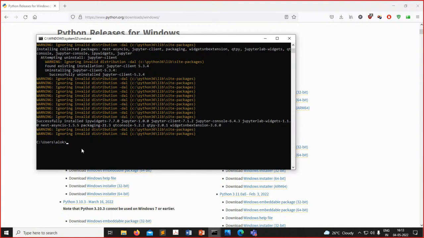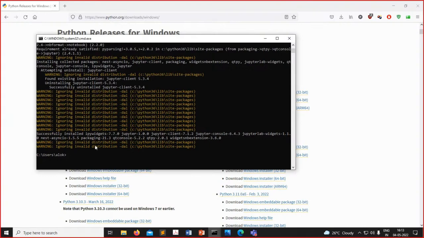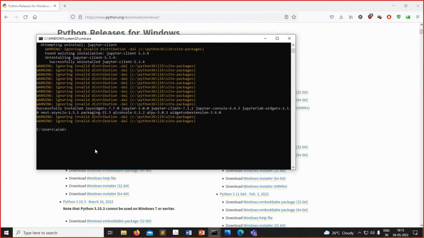If you are doing the first-time installation, you will get a message like successfully installed Jupyter Notebook. So after successfully installing Jupyter Notebook,